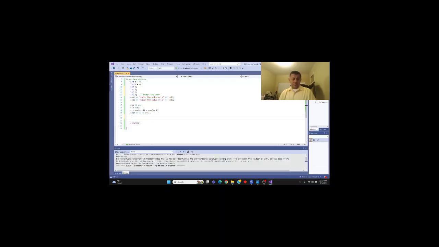Then you do paste and change that to D, and then do it again. And then right here, change that to D, and so forth. And then right here, we change that to E,